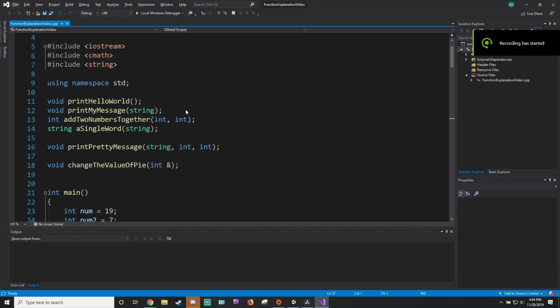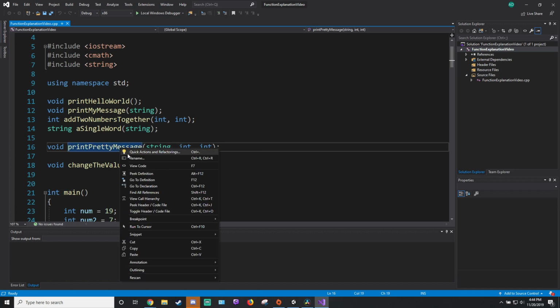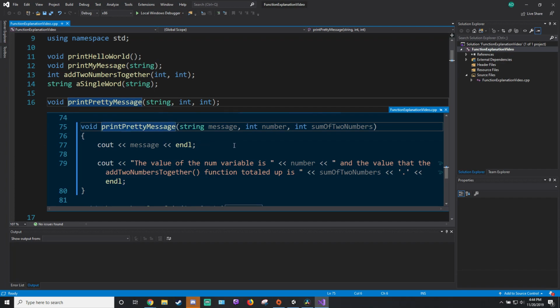So just to clarify what an argument is, the arguments go here inside these parentheses when we do a function call. Right here in the prototype, we're listing the data type of the arguments we're going to use. So if I want to put a string as the first argument, I have to put string here in the prototype. If I want to have the next one to be an integer, I have to put an integer here. And when we go down to our definition,